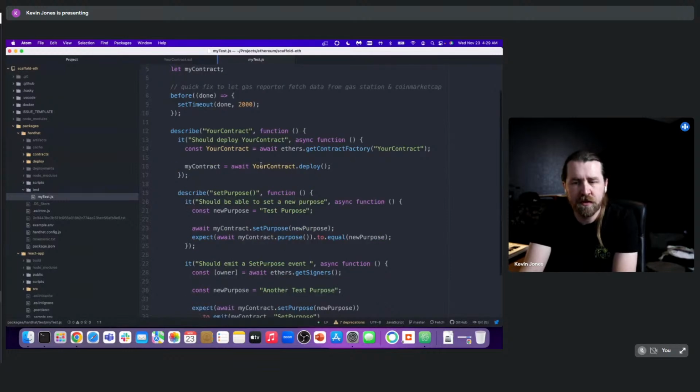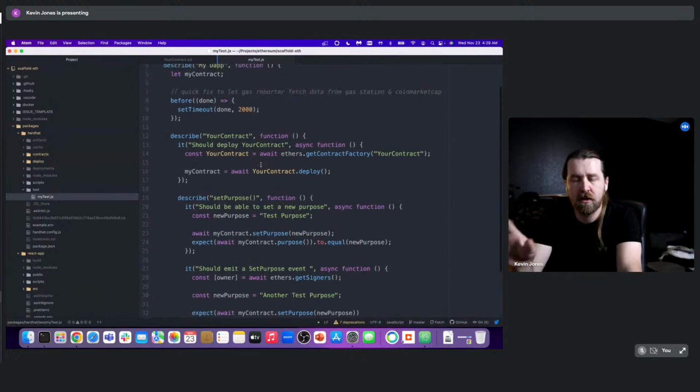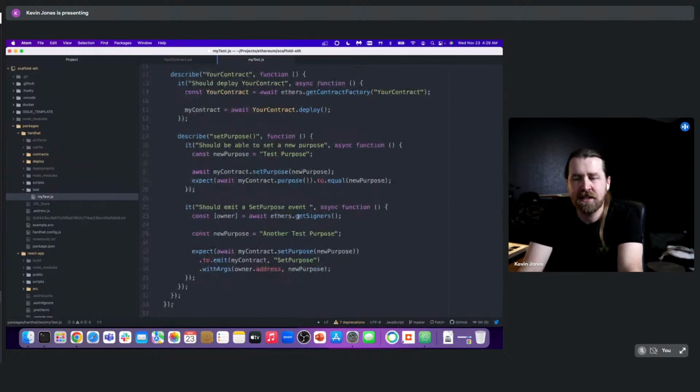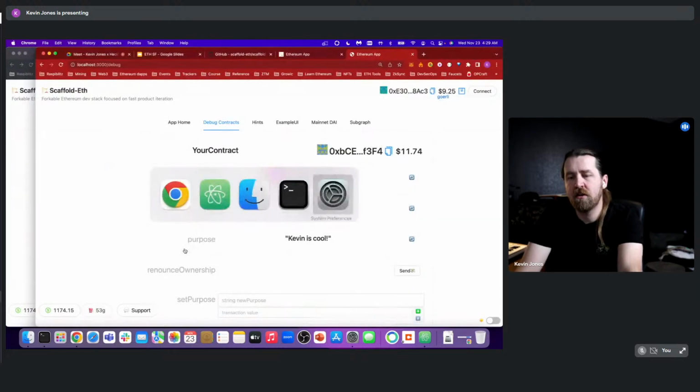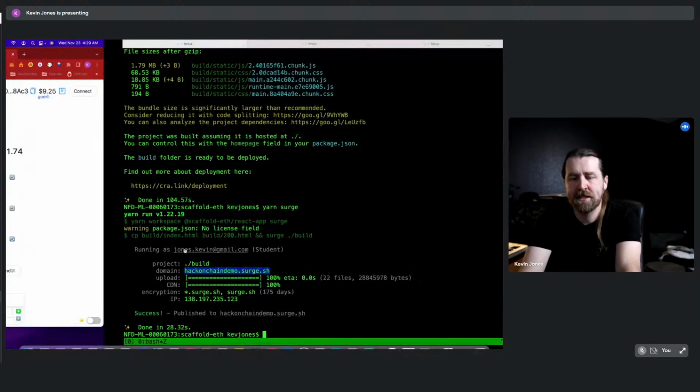There's one that's already written for the Hello World smart contract. And so obviously, as you start testing, your smart contract changes, you're going to want to include those here. If you do a yarn test,